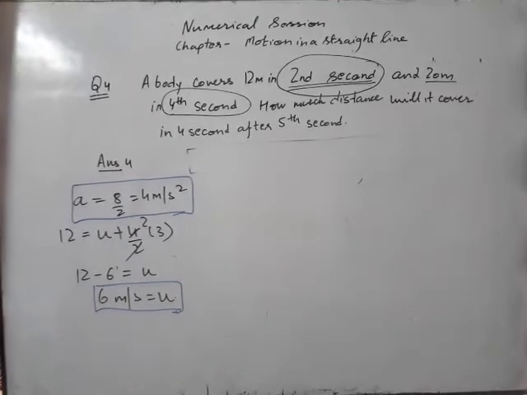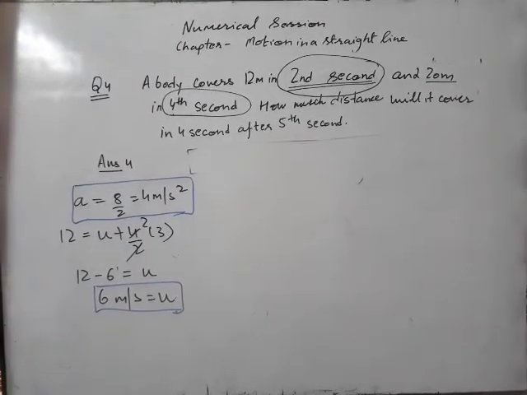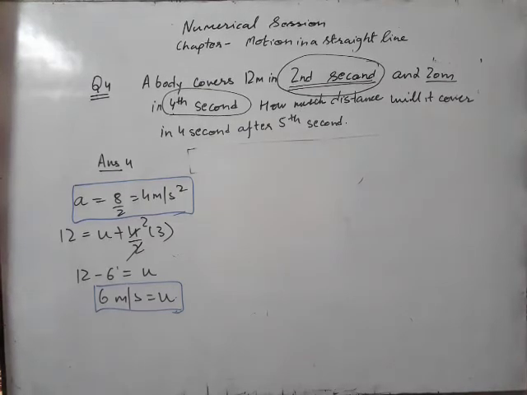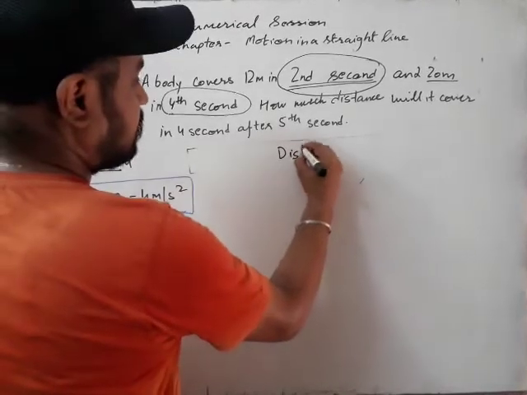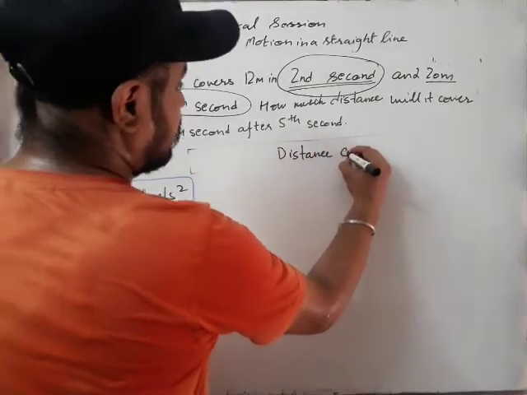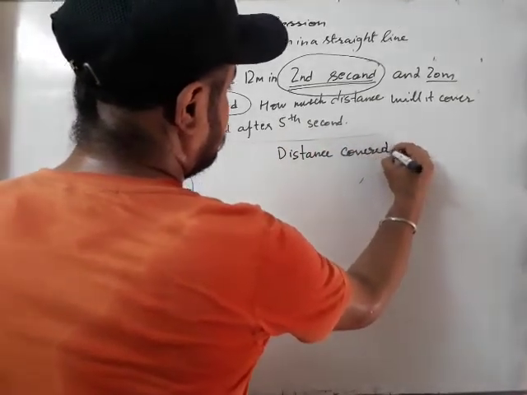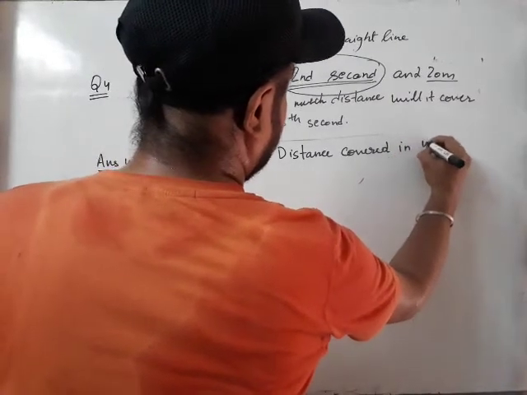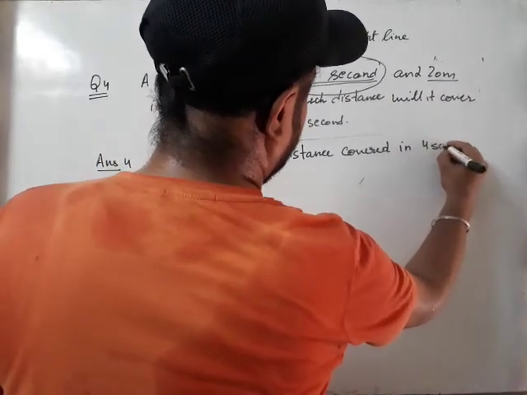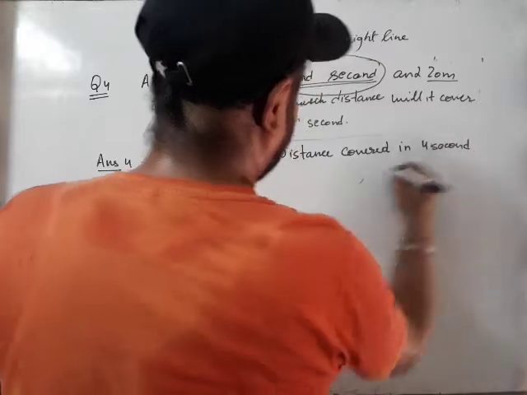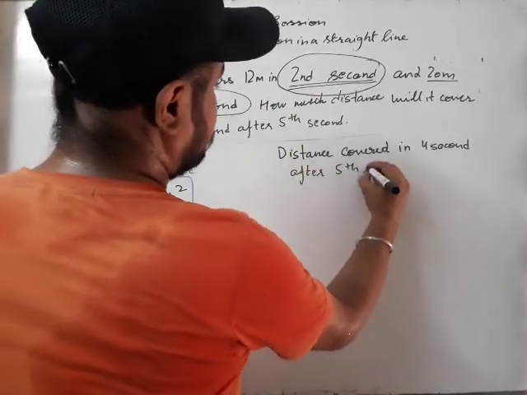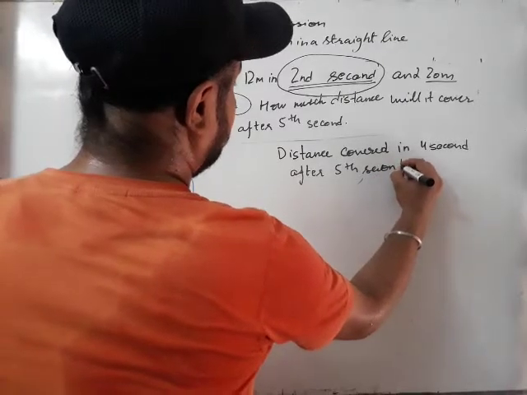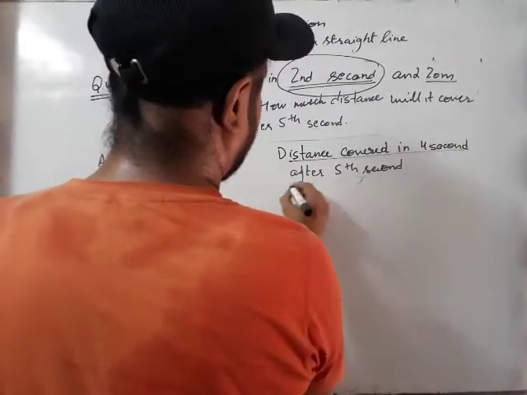Now the question says distance covered in 4 seconds. It is not the 4th second, it is 4 seconds after the 5th second. Distance covered in 4 seconds after 5th second. That means up to the 5th second it does not require any distance, we have to find out